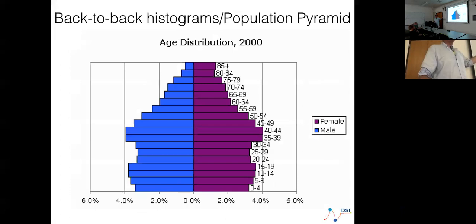Here is how you do two histograms. What's wrong with this? This is what's called a pyramid plot, a population pyramid, but it doesn't have to be population, it comes from the world of demography and stuff like that, because they're kind of cute. Are these two distributions similar? Yes. It's a lot of work to do, because I actually have to compare this with this with this. They're not close together. This is breaking that principle of if you want to compare things, they should be close together. They're close together, but the wrong bits are close together.